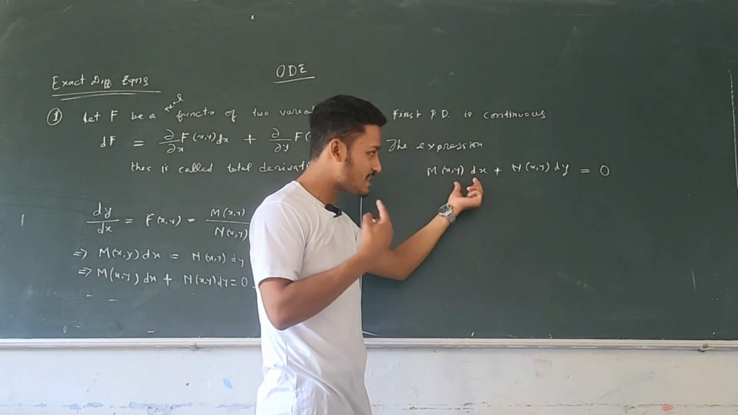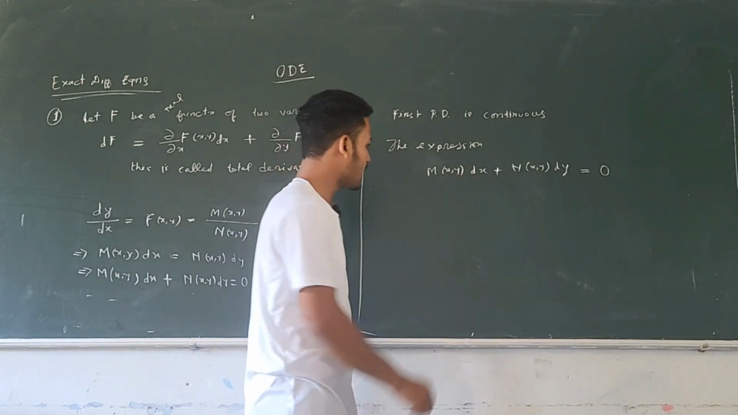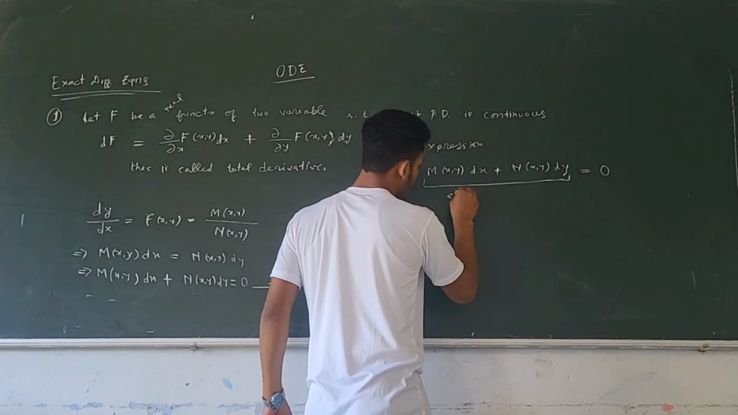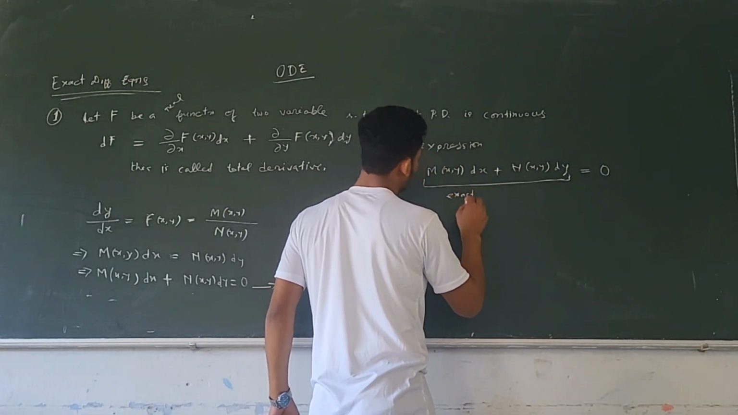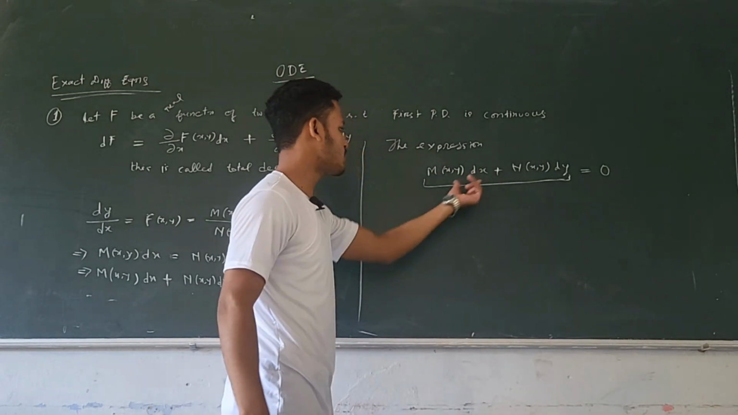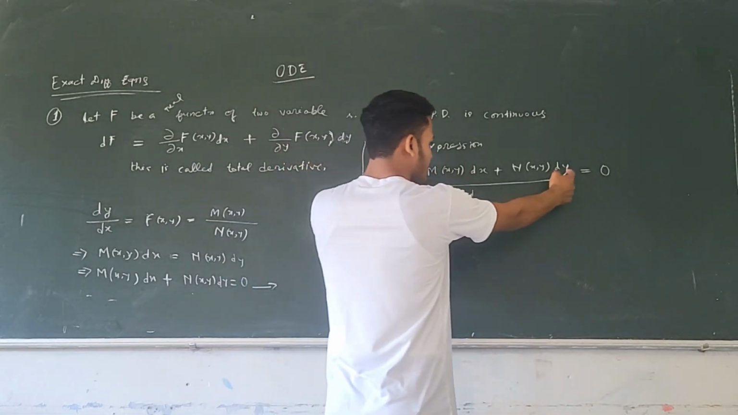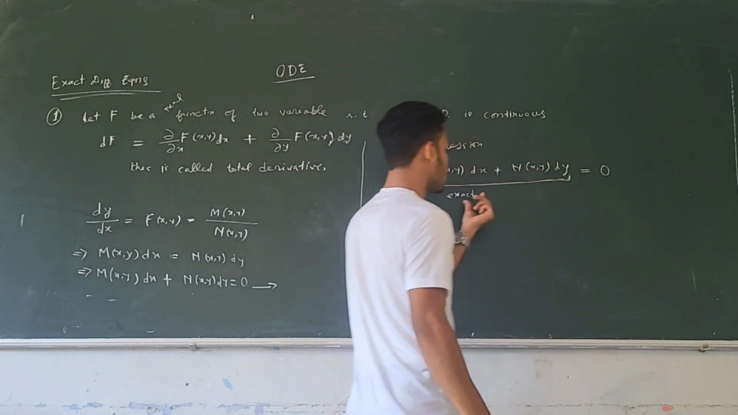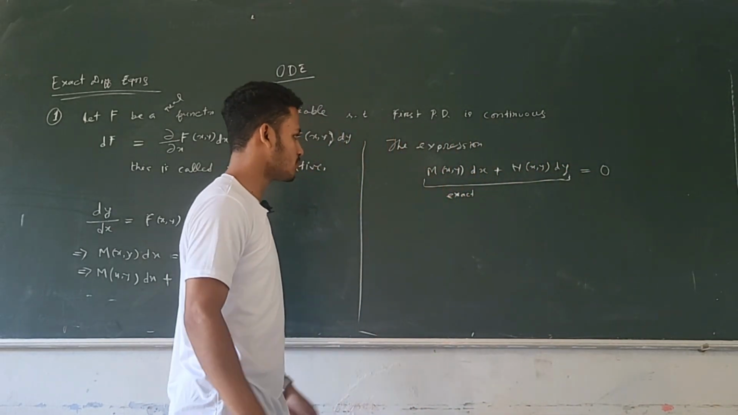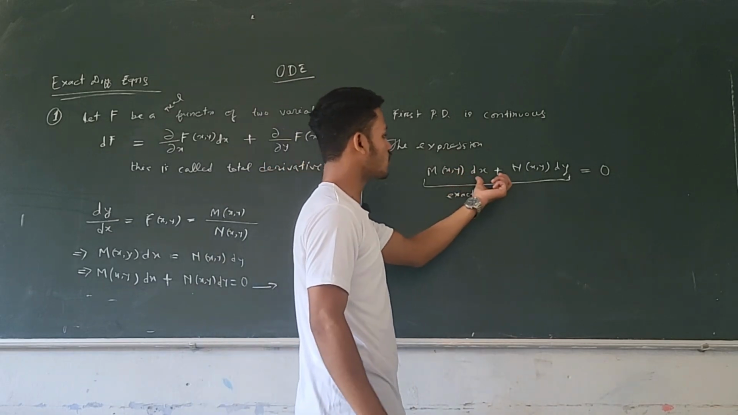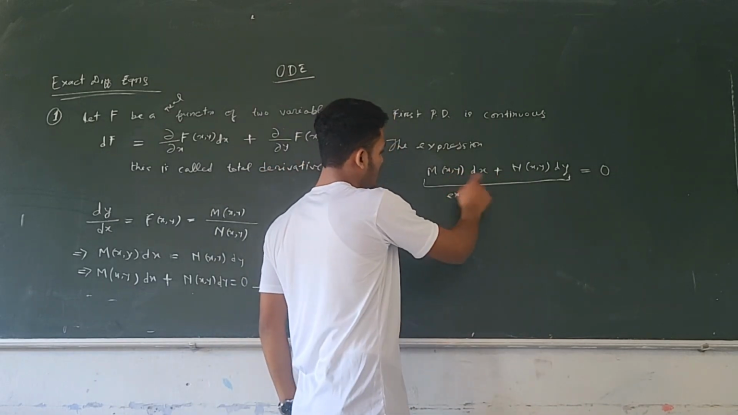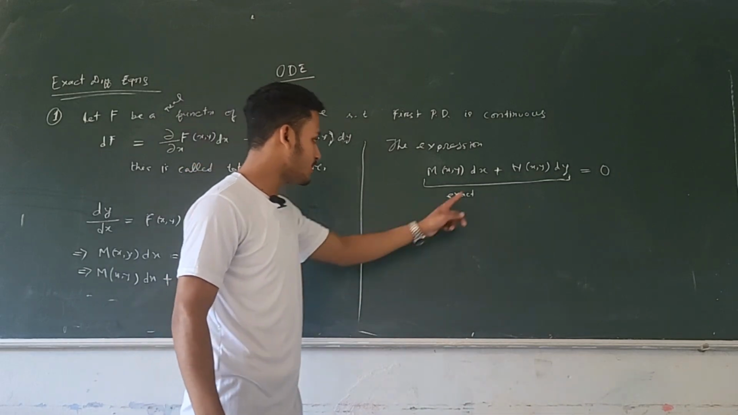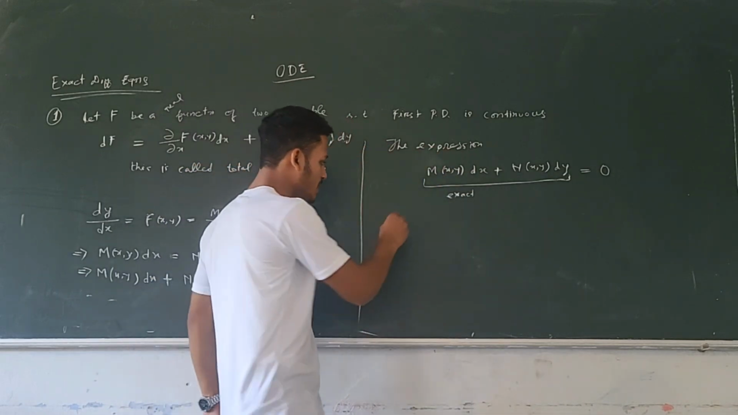It is called an exact differential equation when this part is exact. If this expression is exact, then this expression equal to 0 is called an exact differential equation. So this part should be exact. But when can we say that this part is exact? This part is called exact if